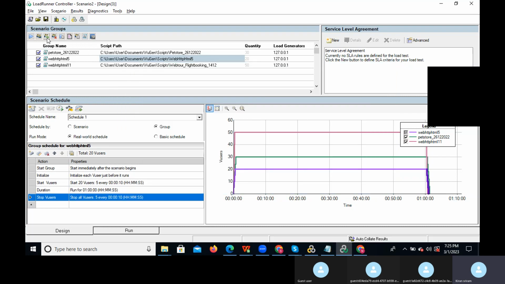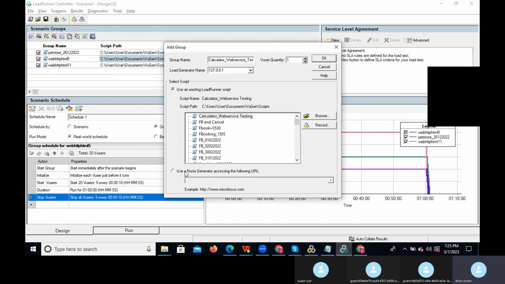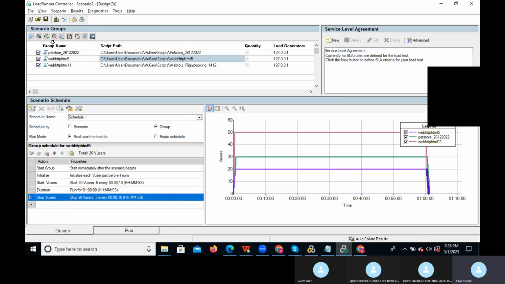Next, this is add group, which is nothing but adding one more script. You can go to this script and add one more script to this, and you can give the number of users for that particular script. That is add group. Next, this is remove group. If you want to remove a script you already added here, you can click on remove and it will remove it from that scenario. Okay, then next will be